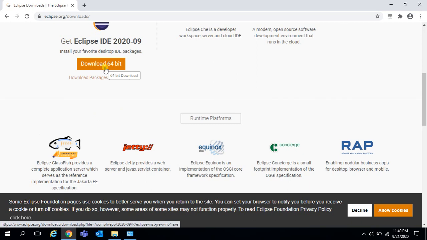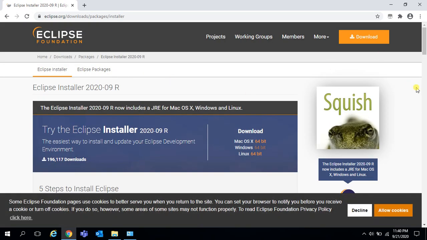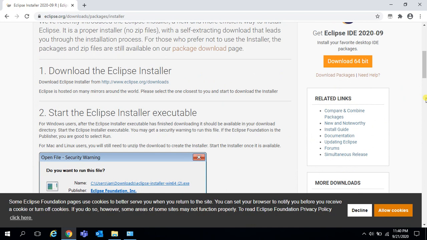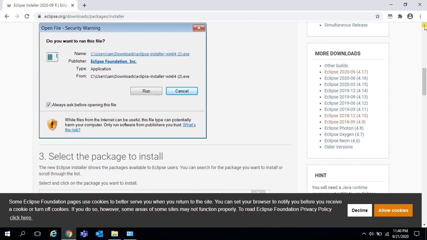If your operating system is 32-bit, then click on Need Help hyperlink. Here, just scroll down. It shows more downloads. Eclipse 4.10 onwards up to 4.17 Eclipse software available for 64-bit operating system only.